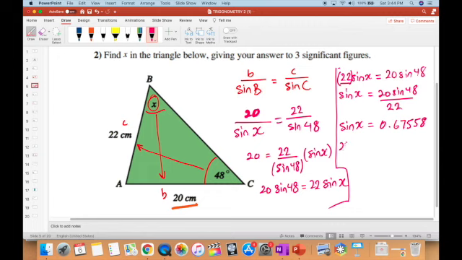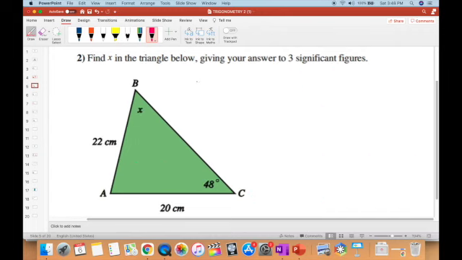So therefore, x, which is the angle we want to find, is the sine inverse of 0.67558. So the sine inverse of the answer is around 42.5 degrees. We're dealing with the sine rule here, and we can see that we want to find the angle B,